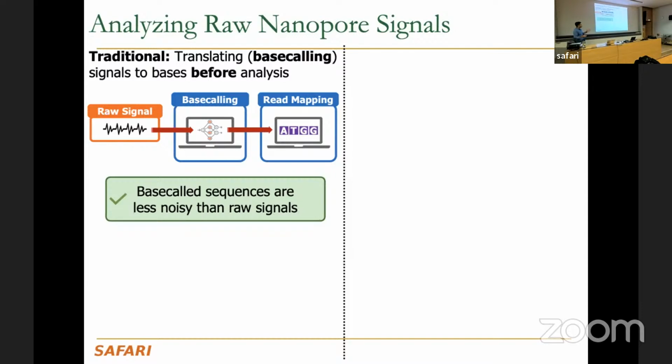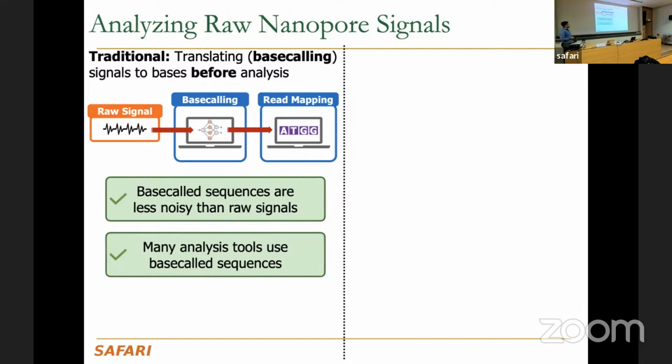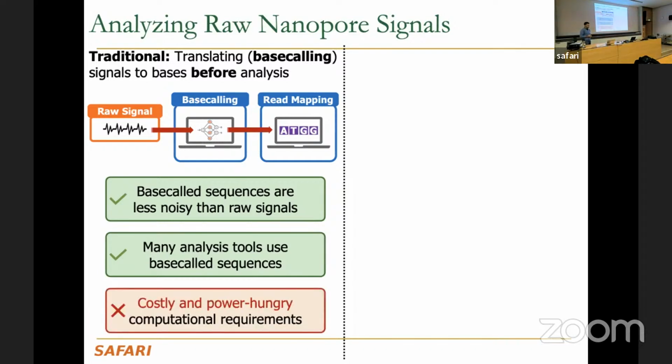We know that this type of analysis, which we call base call analysis, is usually less noisy because it uses these powerful, especially DNA-based computations, which can be really accurate for translation purposes. And of course, there are many analysis tools developed for translated data, because this creates an abstraction for you, right? ATGC is not necessarily technology dependent. It can come from any technology, and then you can develop almost any tool to analyze these ATGCs. Rather, the raw data would be technology dependent. But essentially, in order to translate, you need to rely on power-hungry devices such as GPUs, because these are really